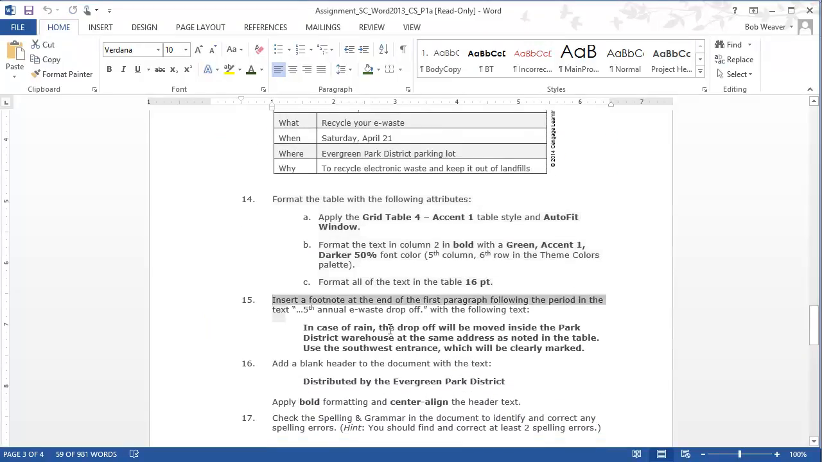Step 15 says insert a footnote at the end of the first paragraph following the period that ends with the annual e-waste drop-off, and the footnote has the text, in case of rain, the drop-off will be moved inside the Park District warehouse at the same address as noted in the table. Use the southwest entrance, which is clearly marked. So going back to my document, I want to go to the end of the first